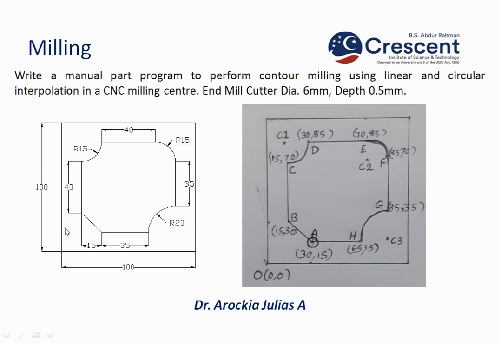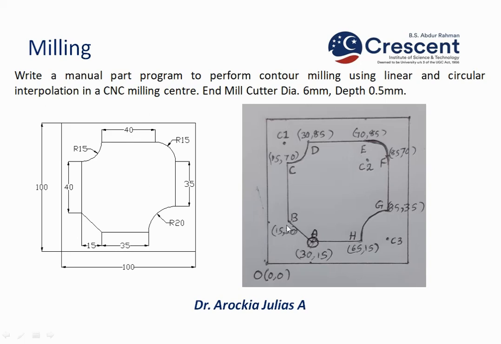Now as per the diagram, which is positioned in the center, we give 15 units in both the left side and right side. So actually, even if you calculate, the vertical height is also 70, balance is 30. So the profile is positioned with a gap of 15 units on all four sides. Okay, so first understand that. Now A will be 15 plus 15, so 30 in the x-axis and 15 units in the y-axis.